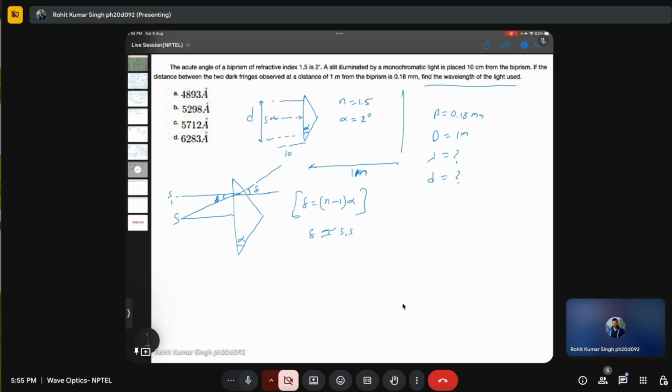And similarly you have here another source S2, and so the d will be just S1s plus S2s, which is 2(n minus 1)alpha. Sorry. S1s into